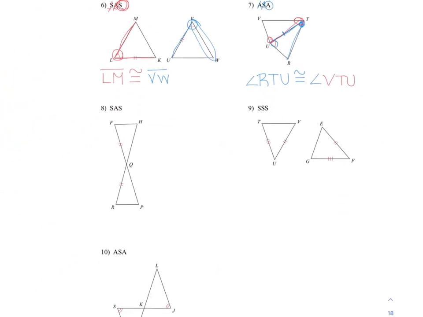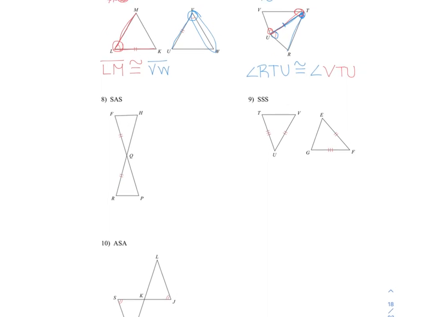All right, this next one, we again have vertical angles. So I can say that these angles around Q are congruent to each other because they are vertical angles. So now let's look at my pattern here. I have a side, an angle, and then I need that very next side. So I would need to say that